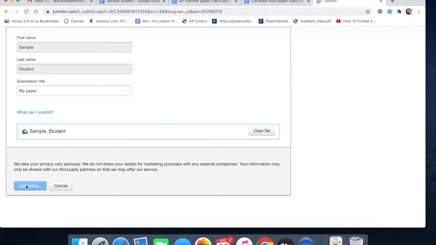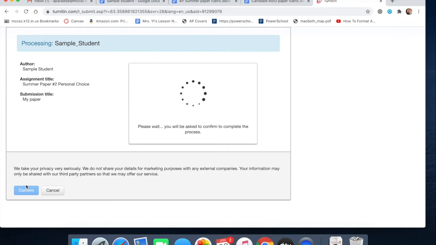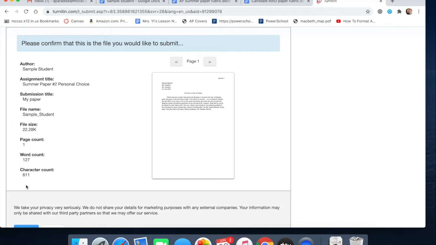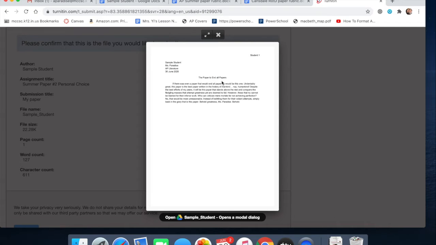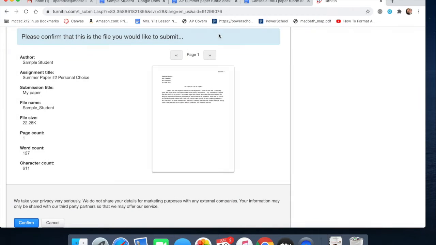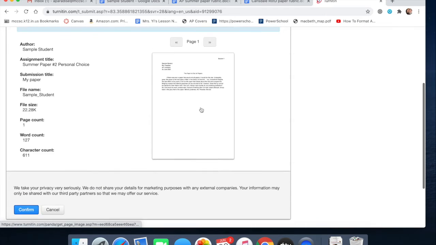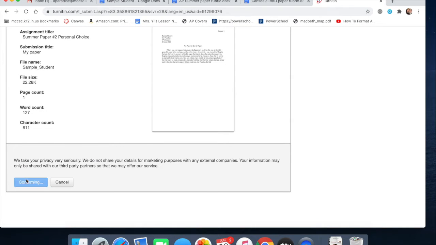Then it's going to ask you, are you sure this is the paper that you want to turn in? So just double check. It will only show you the first page. So if you have multiple pages, it will only show you the first page. Don't panic. So here it is. I think I accidentally clicked on it, but there you go. All right, then you scroll down and press confirm,